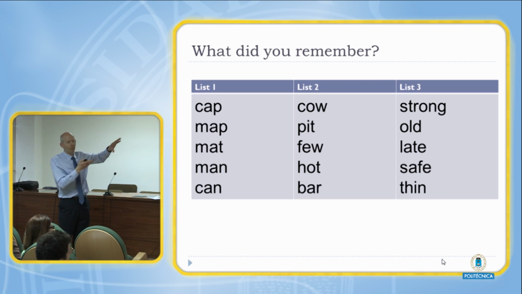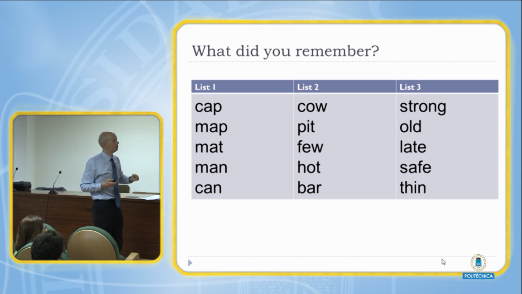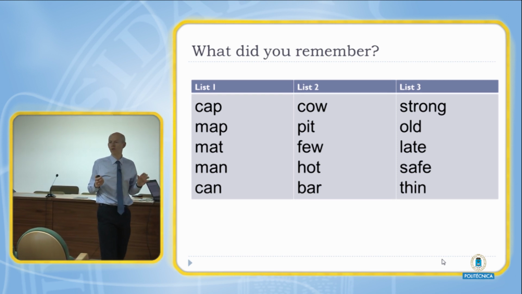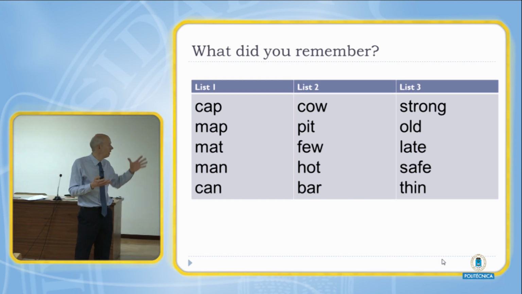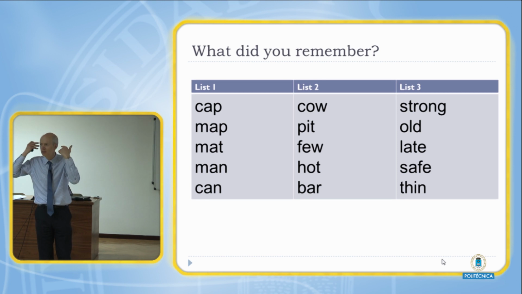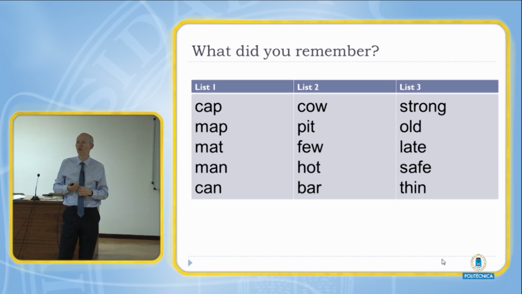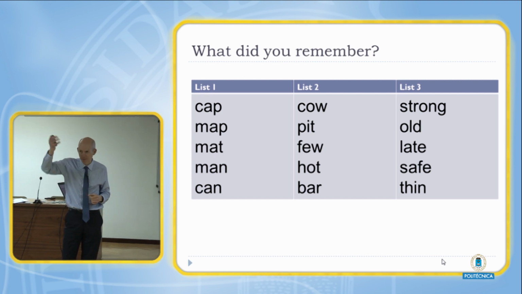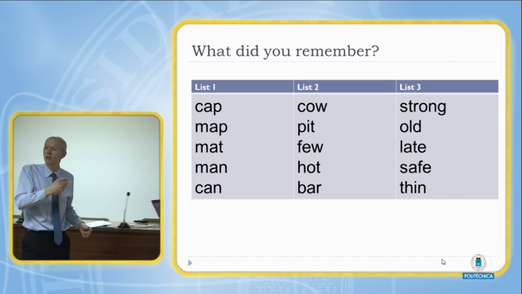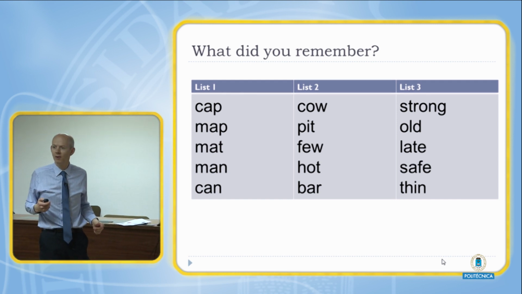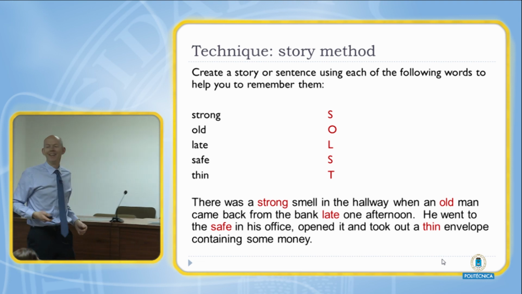So if we could focus on the third list of items, imagine that we are going to try and learn those words. Can anybody give me an example of what technique could you use to try and cement into your memory those 5 words in the third list? Yeah, good. Yeah, okay. So that would be a very perfect... You've seen the next slide, haven't you? You have, haven't you? So, there you are.